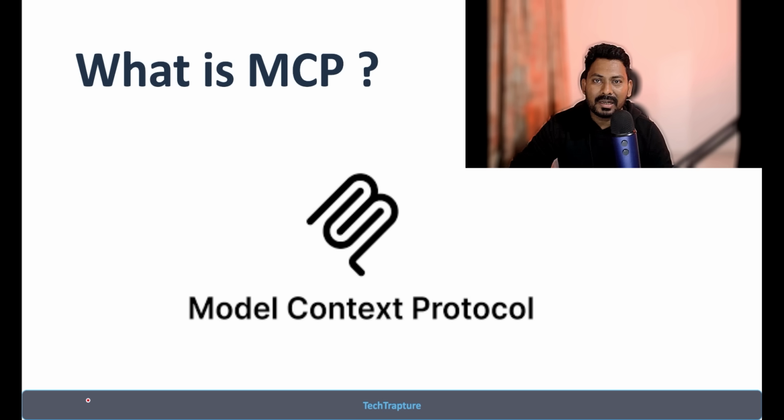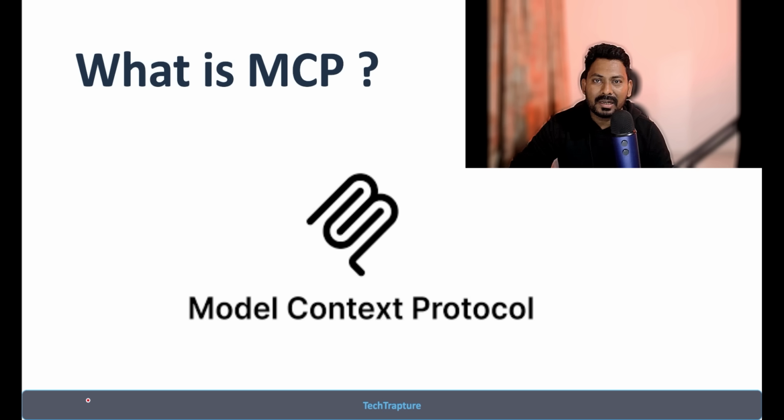Now, let's say I am requesting some data from the XYZ table. Then that XYZ table will be some context, and that context has to be passed to this MCP, the Model Context Protocol. The client will send a request to the MCP protocol, and the MCP server will accept the request. It will check: okay, the user is requesting some data about the XYZ table, let's say it is about